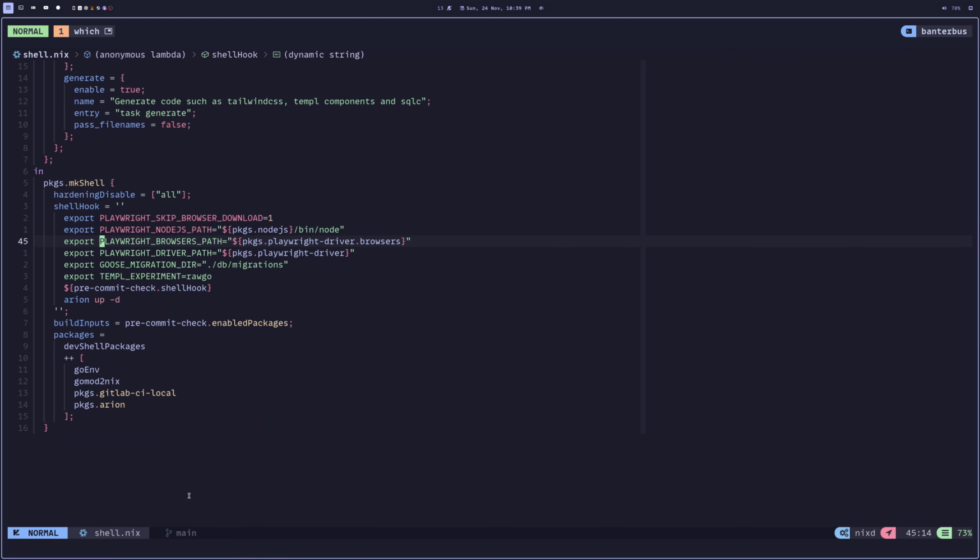I think these two are from the documentation of that web flake we were talking about, and then these two I'm just setting so our Go library, the community Go library that we saw, can use them. Particularly this one's quite important, the playwright driver bit here, because essentially